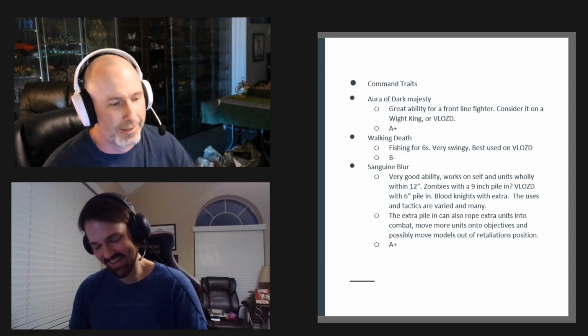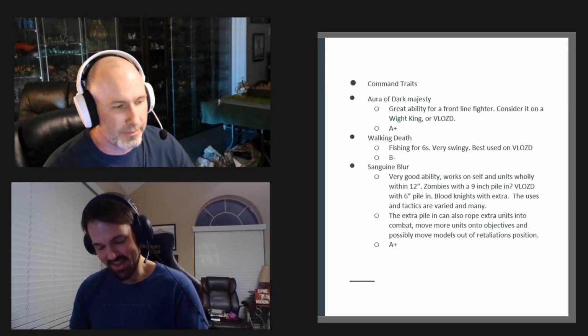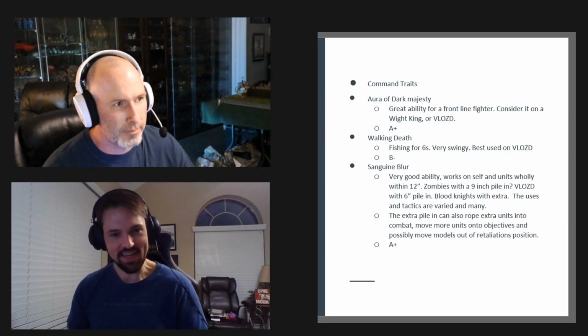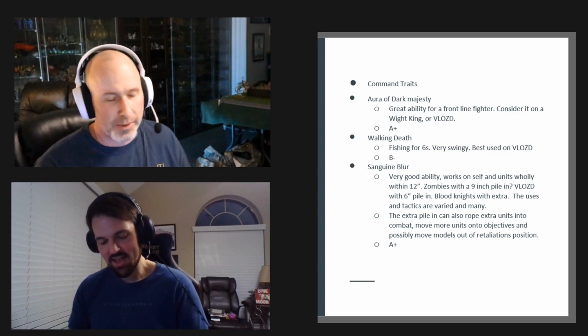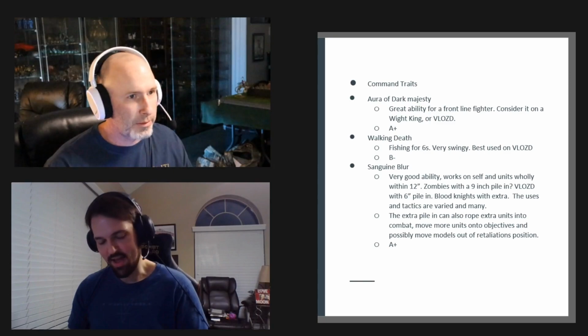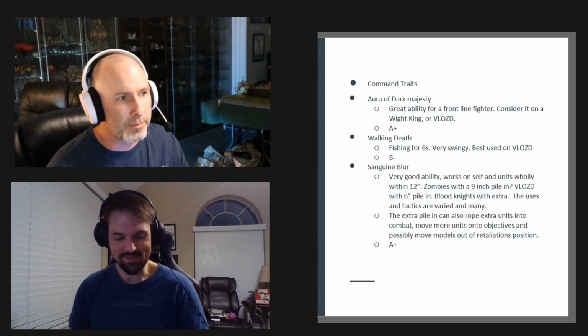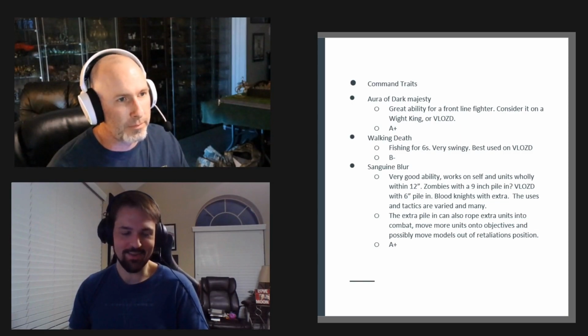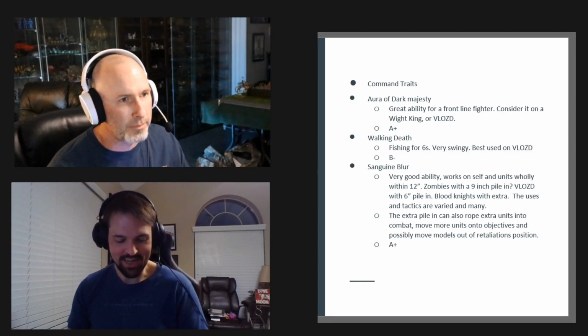The zombies have ways to move in this book, but if you take a 40 block of zombies, a 9-inch pile in probably gets a good chunk of them in on 25 mil bases. The point I was going to make is I don't think it's the best one in the Legion of Blood, but I do think it could see some play, and I do think it would see some shenanigans